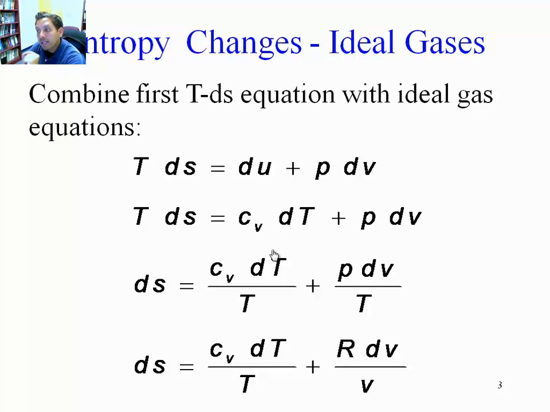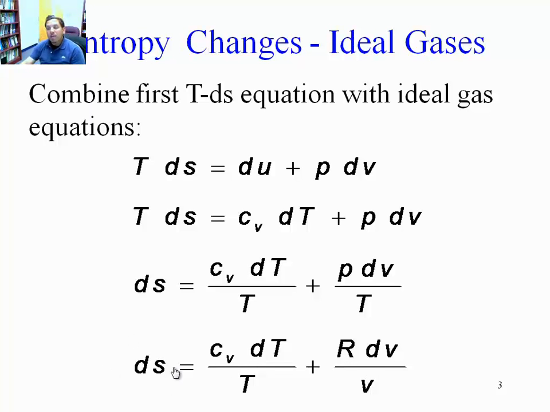divide the left and right hand side of this equation by the temperature. On the left hand side, we end up with only entropy. So the change in entropy is equal to Cv times the change in temperature divided by temperature, plus pressure times the change in volume divided by temperature. On the right hand side, we're going to use the state equation. Remember that the state equation says that pressure times volume equals R times temperature. So pressure divided by temperature is equal to R divided by volume, directly out of the state equation.